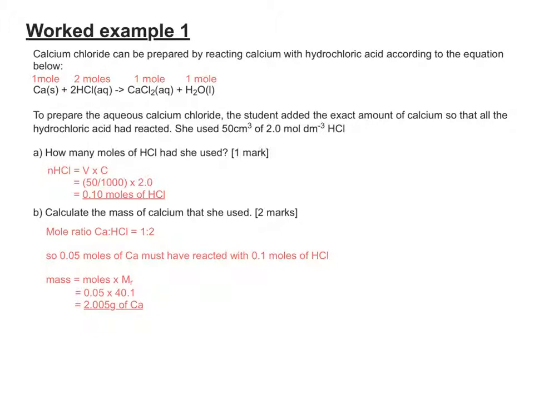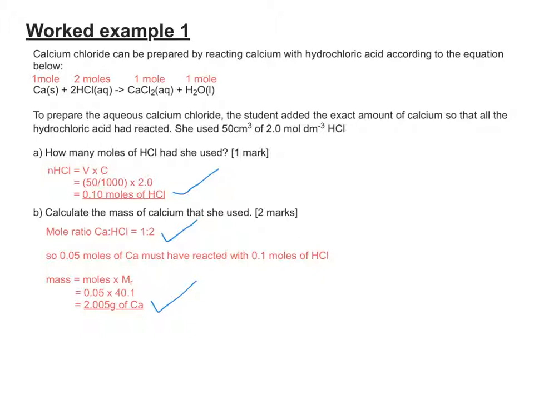You definitely get 1 mark for the correct answer there. You get 1 mark for working out the fact that there's a calcium to HCl mole ratio of 1:2 using the equation, and you get your 3rd mark for working out the correct grams of calcium. You could probably get away with 2.00 grams of calcium here, but you'll notice I used 40.1 straight out of